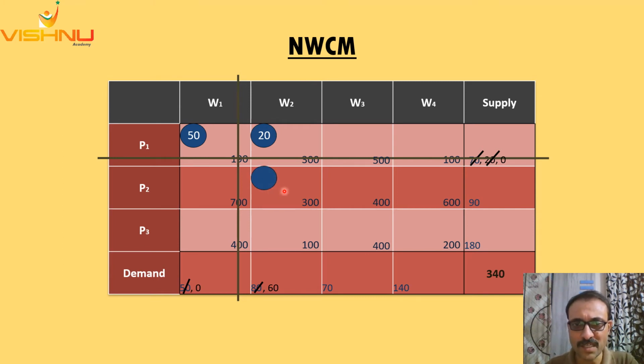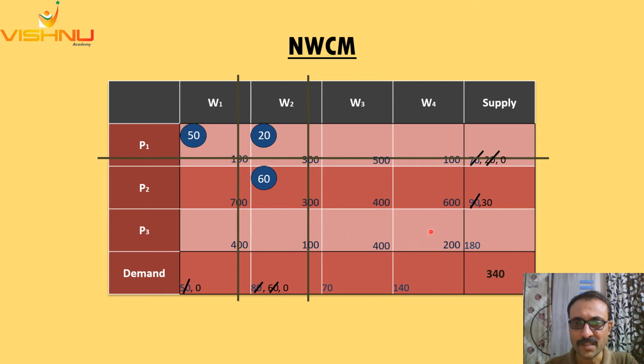And how many units do we transport here? We have a total of 60 units remaining in the column and a total of 90 units in the row. So a maximum of 60 units is possible, and hence we put in 60 in this particular circle. Now what happens next? Obviously the totals of the row and the column respectively get reduced by 60 units each. So 60 comes down to 0 and 90 comes down to 30. Now the column total has come down to 0, and hence we simply strike off this particular column.